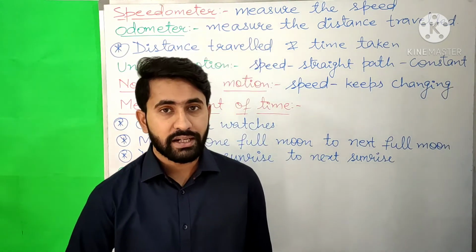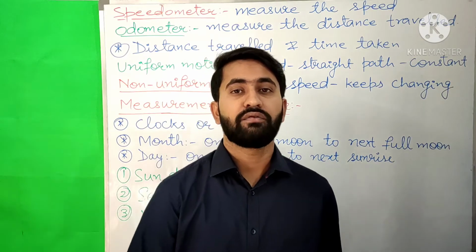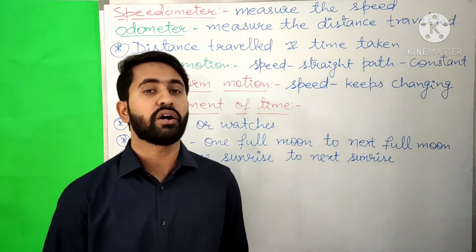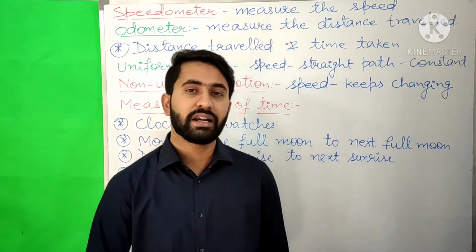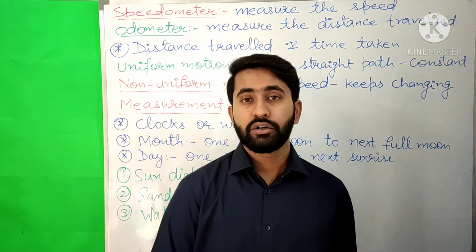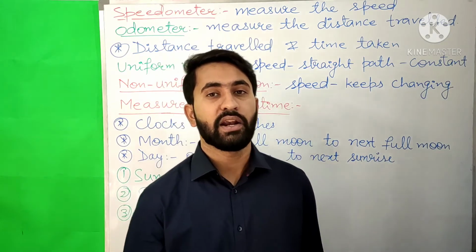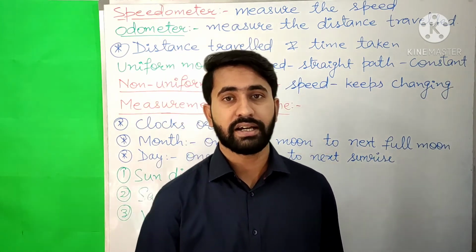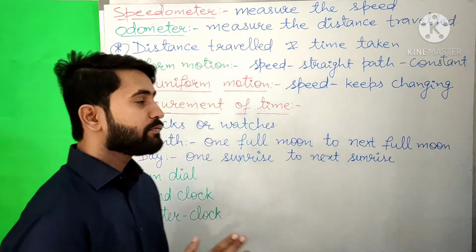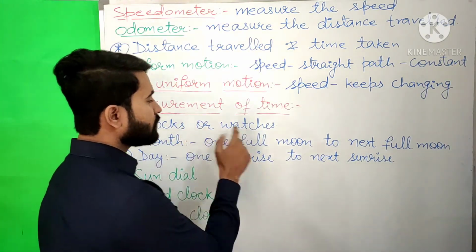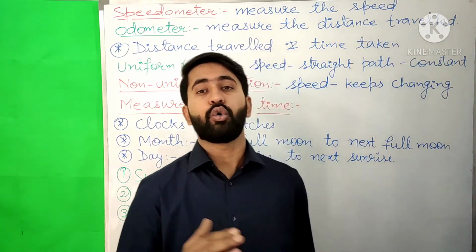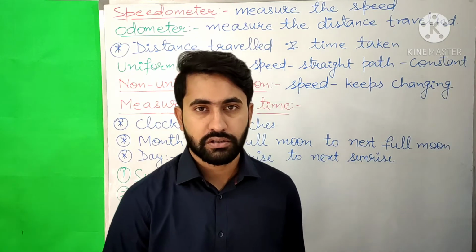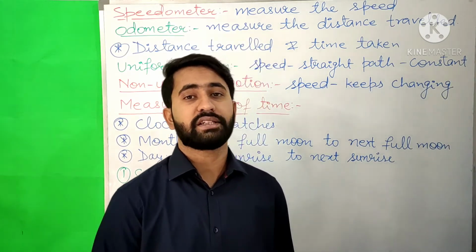So to know the time, we use a watch or a clock so that we can reach the school on time. Similarly, we need to know time to catch a bus, train, aeroplane and do many other activities which are related to time. We measure the time with the help of clocks or watches. But in the olden days, people did not have watches or clocks. So how did they measure the time?